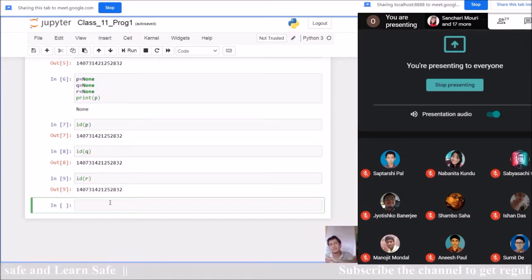Once you assign the calculated value of one part to this variable, you again assign another part of the calculation to that same variable. So suddenly that variable can be assigned an electronically created unknown value. Is it clear? That is known as garbage value.